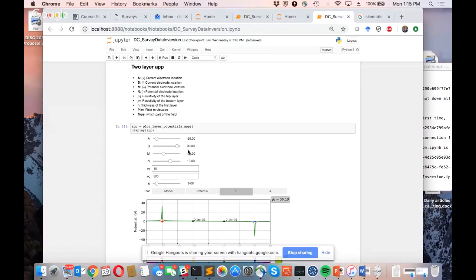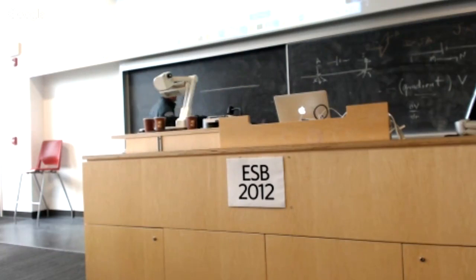So now there's actually a couple of apps that you have. One's called the Cylinder app. That's what I first looked at. Now we're going to look at a 2-layer app that allows us to do the following. What we're going to do is try to figure out, okay, how am I going to get the resistivity of the Earth by doing something crazy, which is just putting in currents here and then measuring the electric potential. So I showed you yesterday